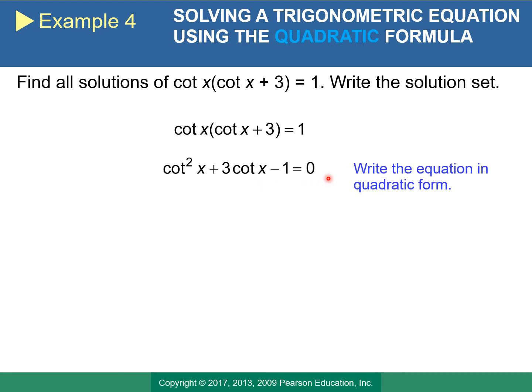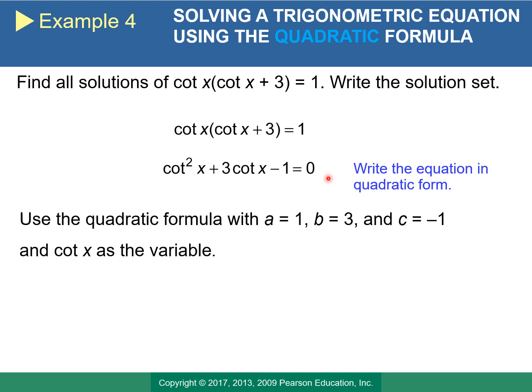And then if you remember from our bullet points of possible steps, if it doesn't factor, you're going to use your quadratic formula. And this one doesn't actually factor very nicely. And so we're going to use our quadratic formula, where a is the coefficient on the squared term. So there's 1 cotangent squared x here, so that's why a is 1. B is the coefficient on the linear term, on the cotangent x, so that's why b is 3. And then c is the constant, -1. And so you're going to fill those into your